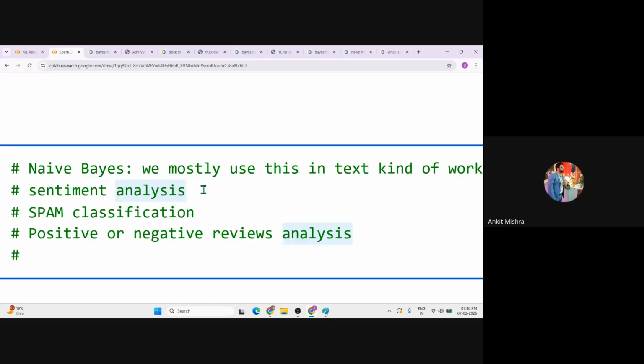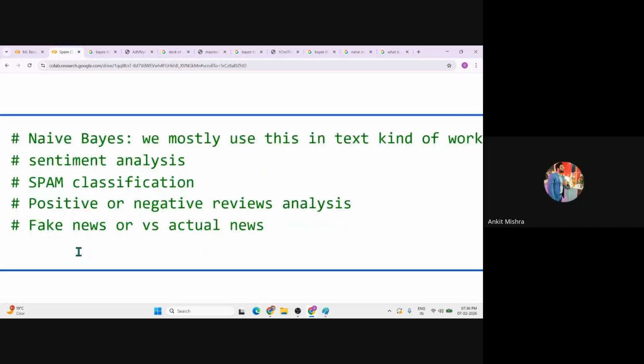So we generally use naive Bayes when we have textual data, and it is mostly used in sentiment analysis, spam classification, positive and negative review analysis, or news analysis as well, whether the given news is fake news versus actual news, right?